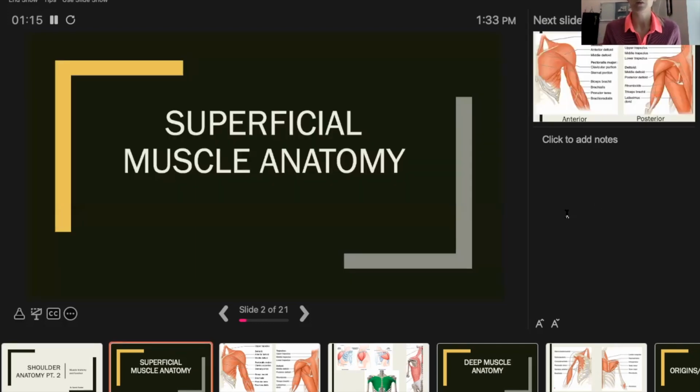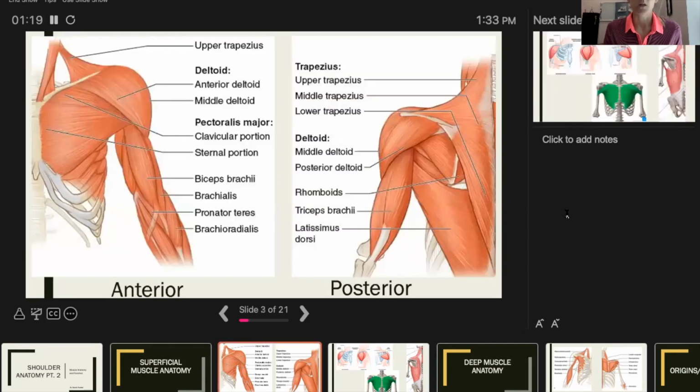So we'll just quickly review the superficial muscle anatomy. Anteriorly, we have some big players of the shoulder. You can see the pec major here with its clavicular head and sternal component, the big deltoid, which has the front, middle, and back fibers, or anterior, posterior, biceps brachii on the front here. And then some of the neck muscles. I'm not going to get into the neck or the spinal muscles,